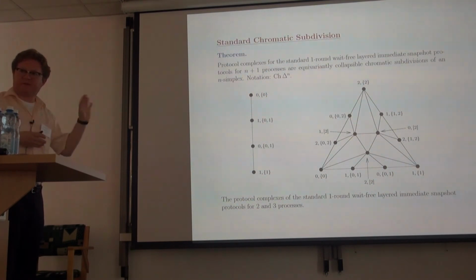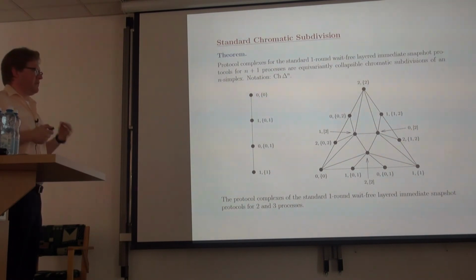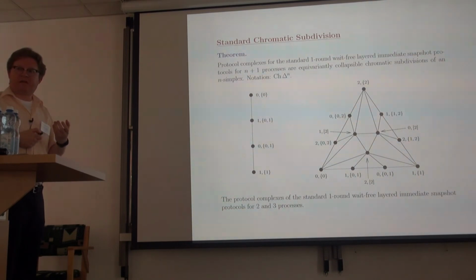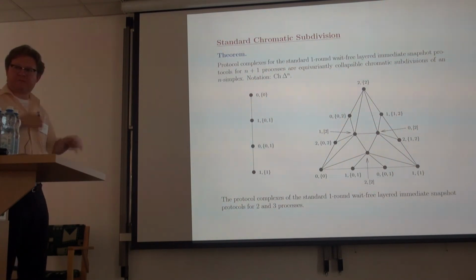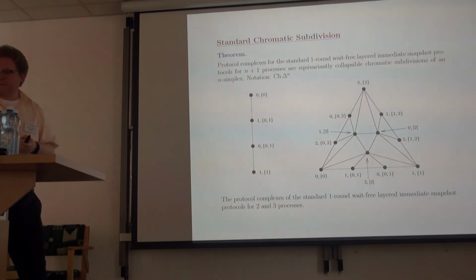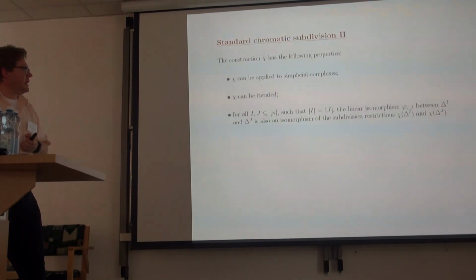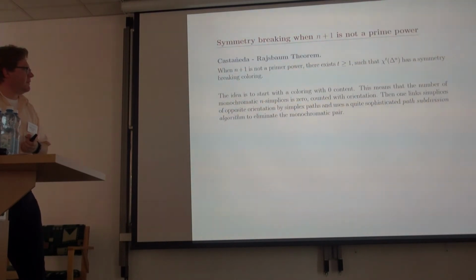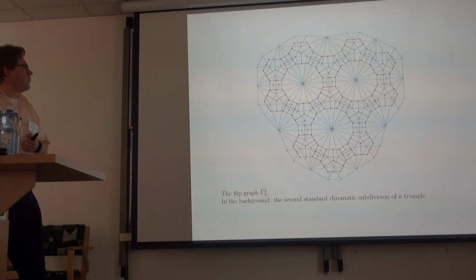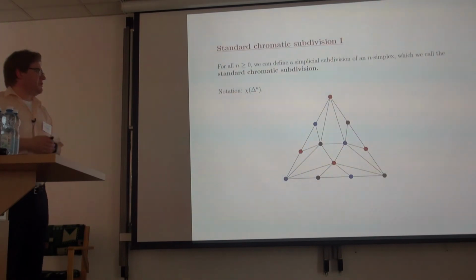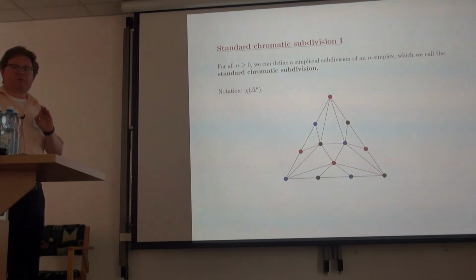The next step, what about 3 processes? Can I do it for 3 processes? The answer is no, but it's a more complicated argument. You cannot just go from one to the other. You have a triangle to deal with, and you have a lot of things. But the answer is no. So formulating that in the other language, the other way to say that would be: weak symmetry breaking is not solvable for 3 processes.